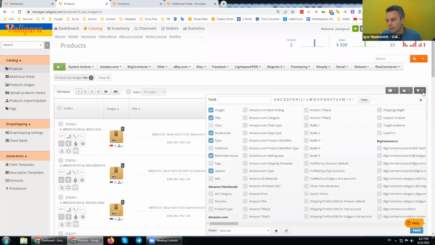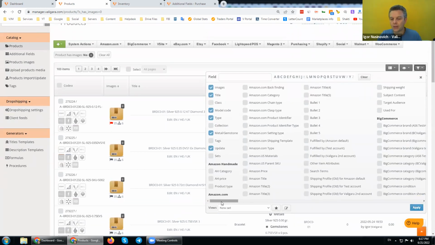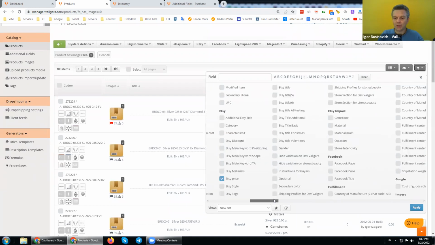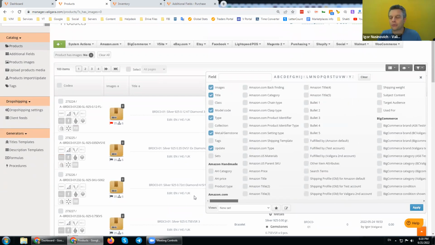As you might remember, on the PIM, on the product side, on the UI, sometimes we have an enormous amount of fields, because there are Amazon fields, Etsy fields, basic fields, gemstone fields, model fields, and so on. If we have 5 or 7 different marketplaces, like in this account, it's a very overloaded account because we use it for demonstrating different models. So in this case, we can see that there are many different fields available.